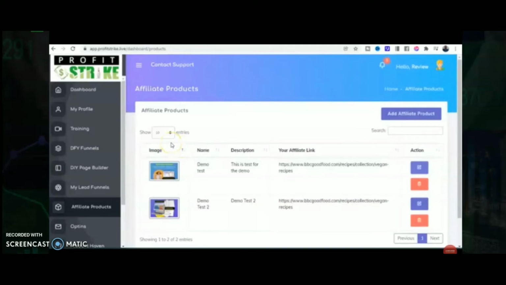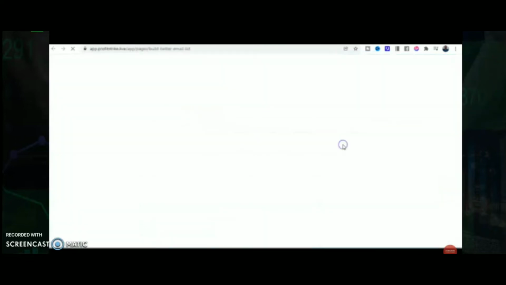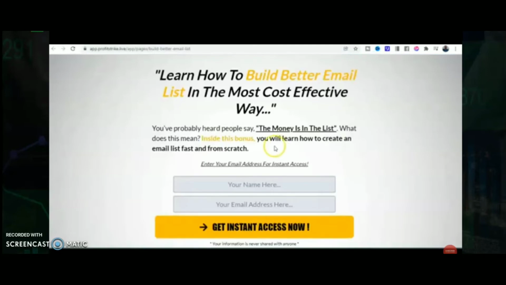Right, so the next stage is what we're going to be doing. Let me just show you how it all kind of sits together. So if I go to Done For You Funnels, you can either preview, and that shows you the opt-in page.